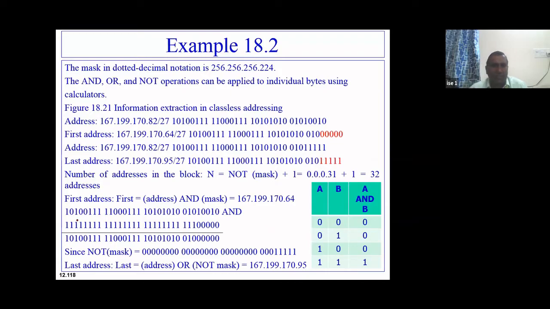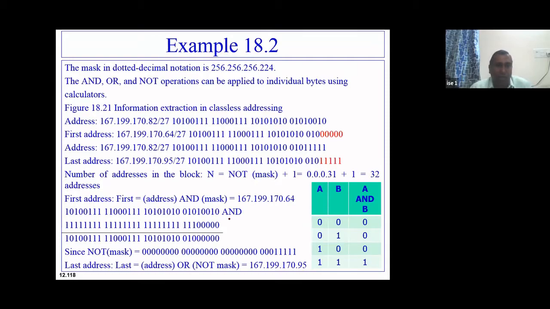So here you can see 1 1 1. The value is 1 I have taken, and 0 1 is 0, 1 0 is 0, 1 1 is 1. So using this particular AND table, 1 1 is 1, 0 1 is 0, 1 1 is 1. Like this, if I go on doing this, I get the value as 167, 199, then 170 as it is, and finally I'll be getting 64. So I have got this by the second method, the ANDing method.